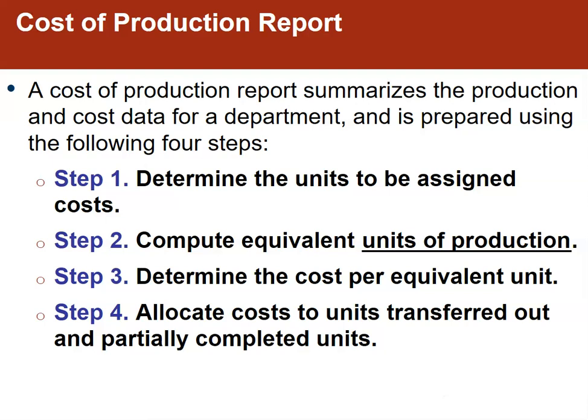We might have what we call sequential processing, where we go department one, department two, department three, department four. We might have what we call a parallel processing system where departments work independently and then they merge the product all together. Point being, regardless of what exactly the process is, it's a whole lot more complicated than